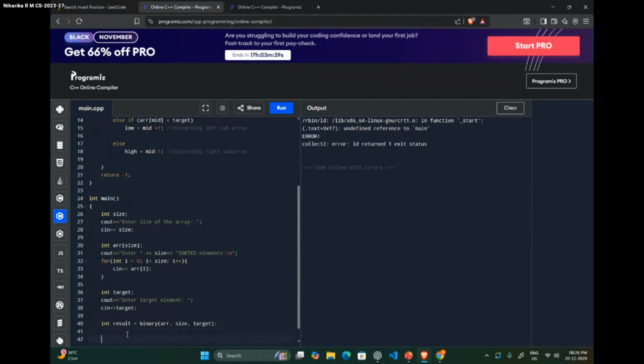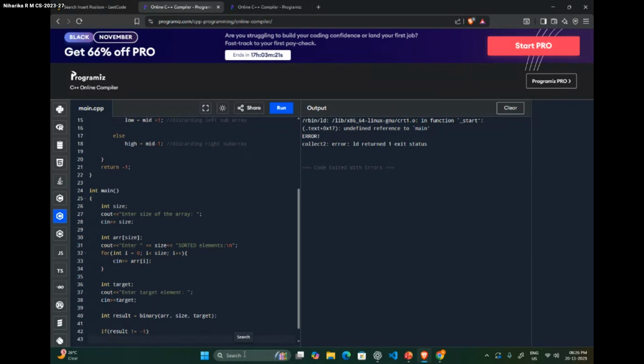So here, we'll say if result is not equal to -1, because that way we can do it in a better way, we can print the answer: element found at index, and then we can print the result.